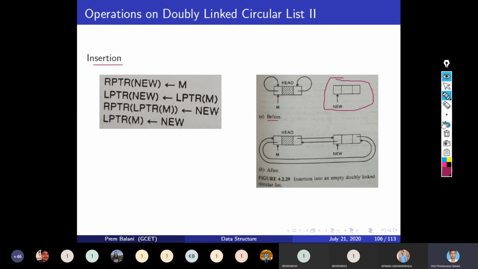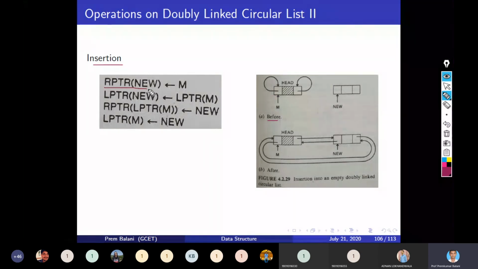So what are the steps for that? The RPTR of new equal to m, where the list is represented by pointer m.